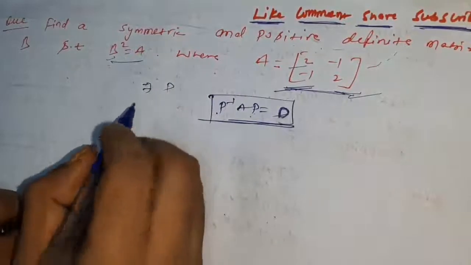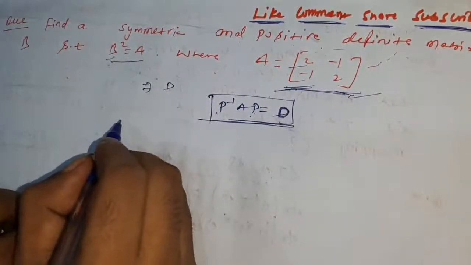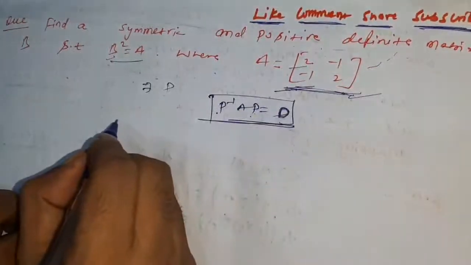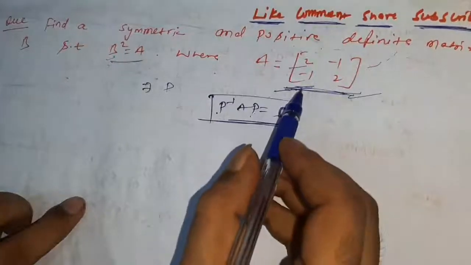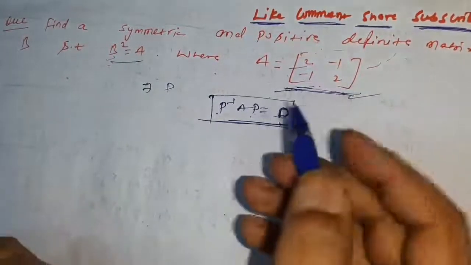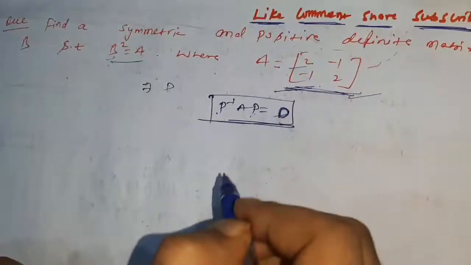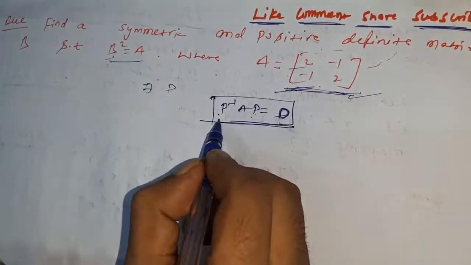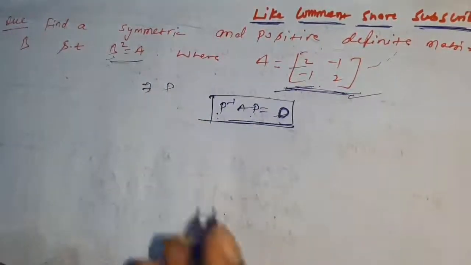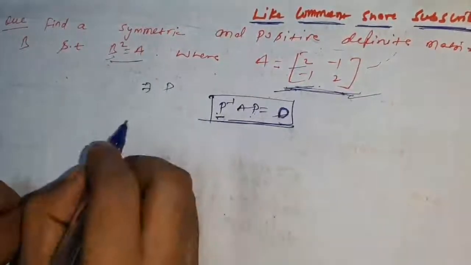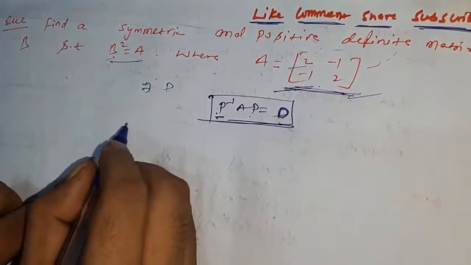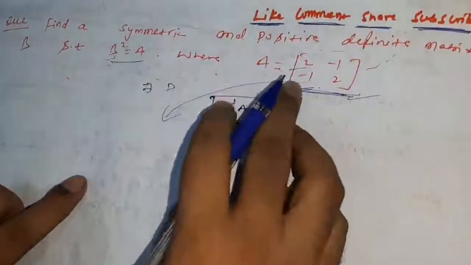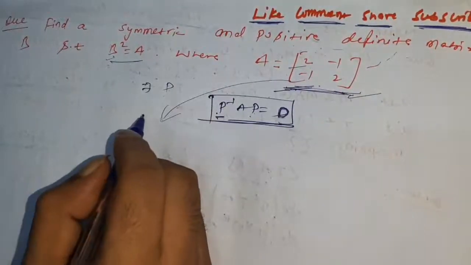What is the way? Here firstly you find the eigenvalues of this matrix, and then after this find the eigenvectors corresponding to those eigenvalues, and keep these eigenvectors as columns, that will be the matrix P. So firstly you know about the matrix P. So how can we get it? So see here, the eigenvalues of this matrix we can get by finding the characteristic equation of this.